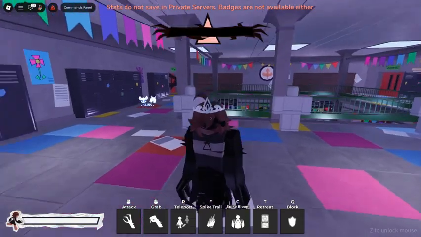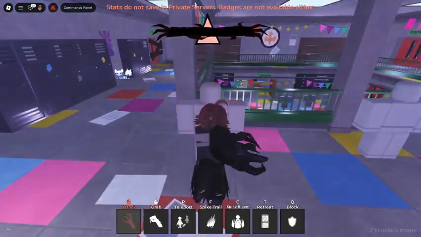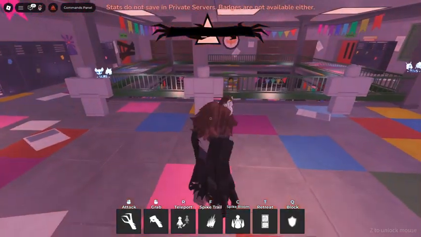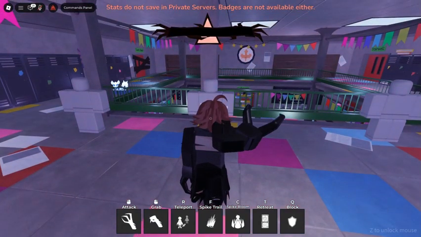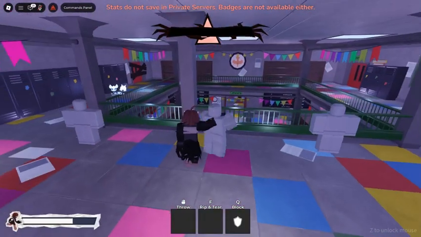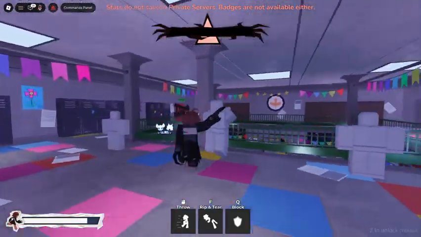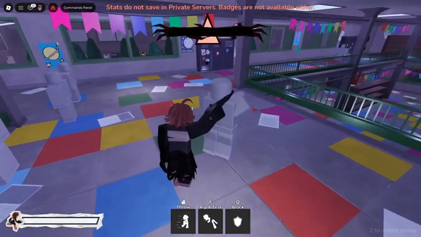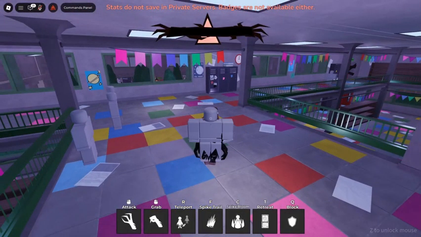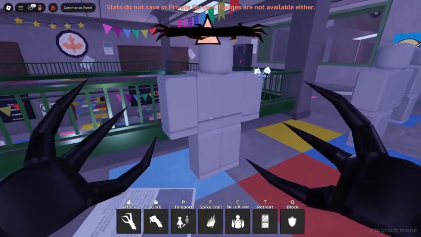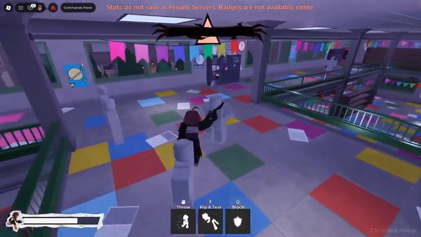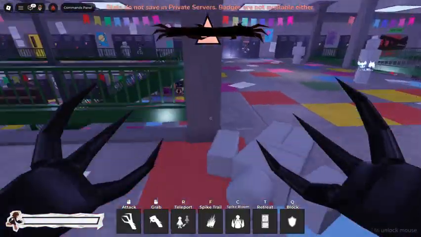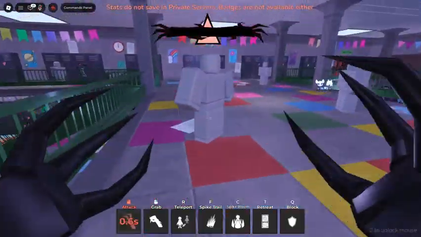So this is Alice. The first ability is her claw ability. She is a 4-shot kill, as you can see. Now let me show you her grab ability. If I hold down right click and then press left click, I can grab them. Now I have 2 other abilities I can do with this. I can either throw them, or I can rip them apart. If I hit F, I will rip them apart, like that. With this one, I can grab this guy and also throw him against the wall. So you can throw players against the wall, and you can also just kill them like that.